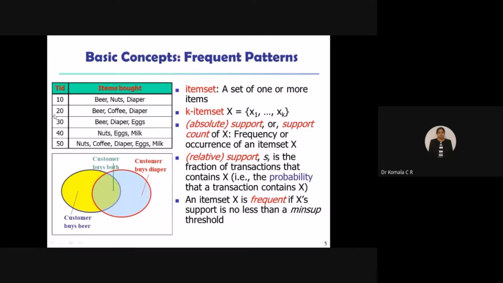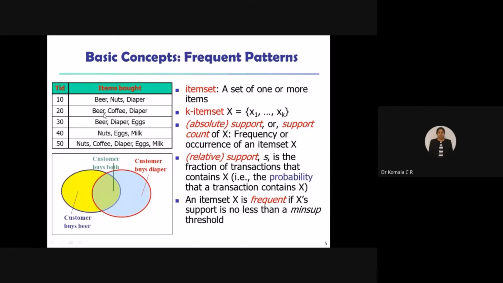The details are given for the particular customer here, or maybe different customers are buying this set of items together. You can assume. Let us see how we can do the analysis. So what are the items in the basket the customer is trying to purchase here? In the first transaction, when the transaction ID was 10, these are all the items he is trying to purchase. Whoever is purchasing beer will also purchase nuts and diaper.